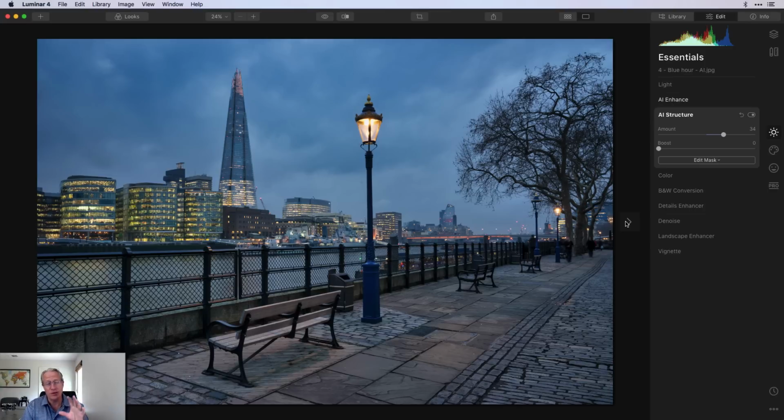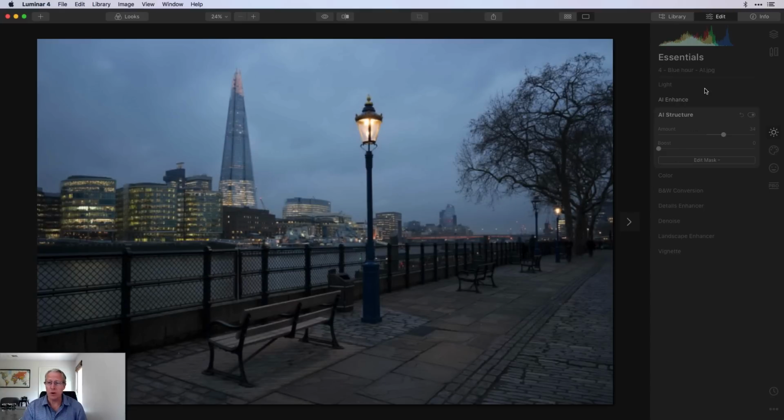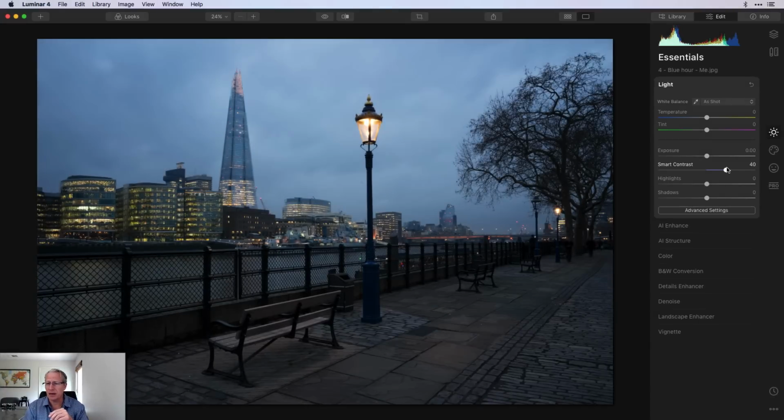They're trained, and they do a great job of doing what they're trained to do. Let me show you here on this photo. I'm going to start with the light tool, and let me get in here. I'd probably bump up contrast, pull down highlights a bit, pull up shadows, maybe go a little bluer, maybe a